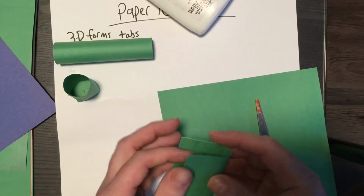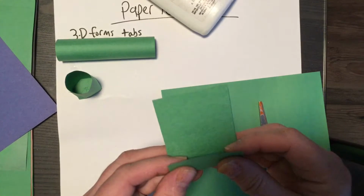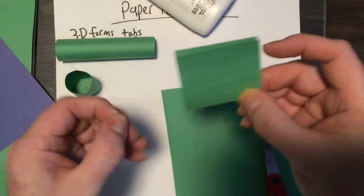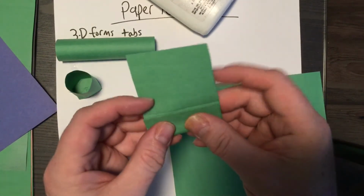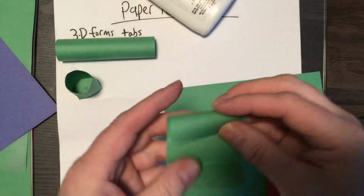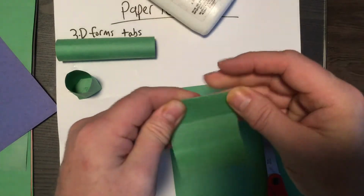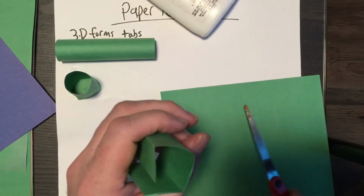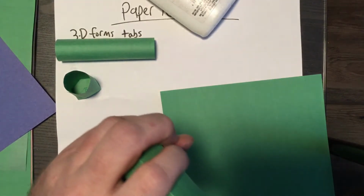Working with other paper, I can try to create some boxes. Same technique of pinching to get the folds, but this time instead of cutting, I'm going to use it to help me with my structure. Working with the guidelines I've placed there to make my tabs. I'm going to cut on the folds,